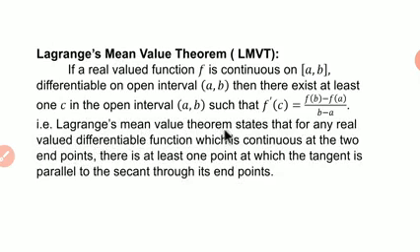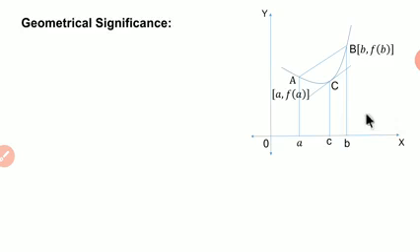That is, Lagrange's mean value theorem states that for any real valued differentiable function which is continuous at the two endpoints, there is at least one point at which the tangent is parallel to the secant through its endpoints. तो जो tangent आहे तो त्या secantला parallel असते. Okay. Now see the geometrical significance. So for that we consider the figure as shown here. Here we observe that the tangent at the point C is parallel to the secant AB.